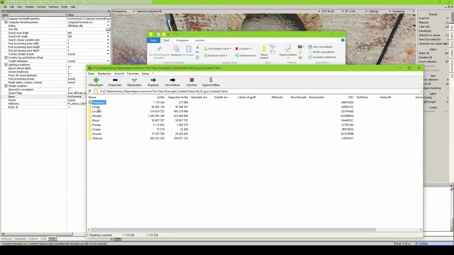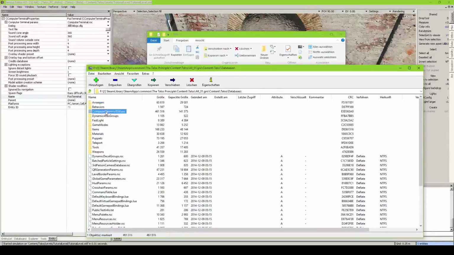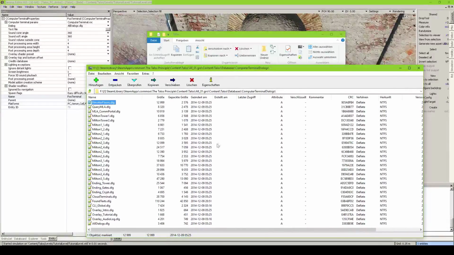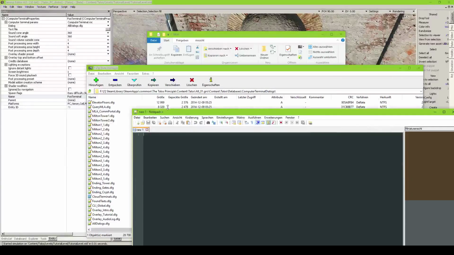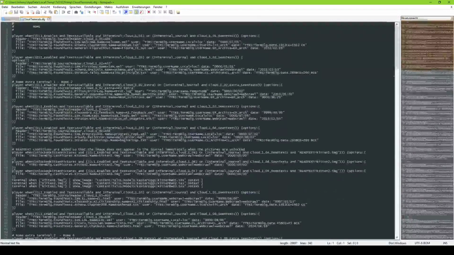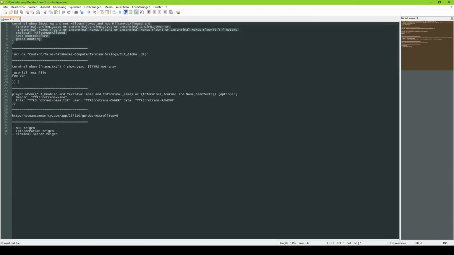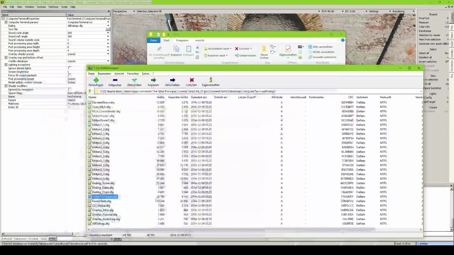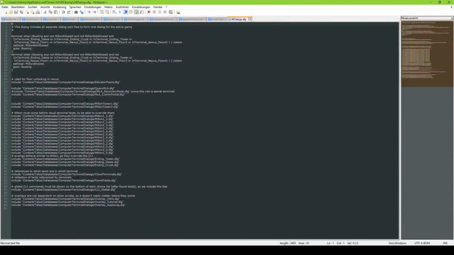You can always take a look at the original files at databases, computer terminal dialogs, and there you have many, and we take a look at cloud terminals. And this is a big file. Well, that wasn't supposed to happen. So cloud terminals, you see this over here, and this is basically for Rome, and this defines every file for every level. So here's my cheat sheet, and if we go to, let me think, all dialogues, yep, we've got